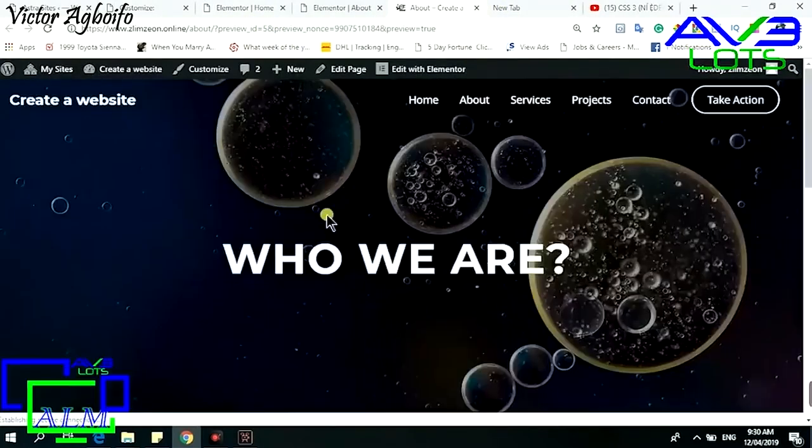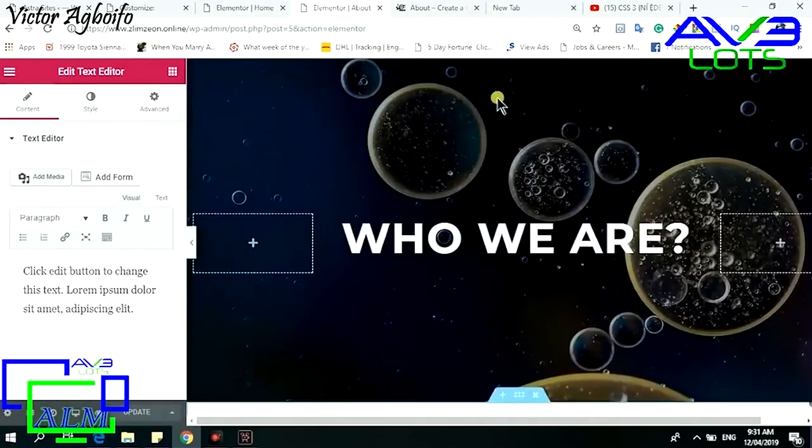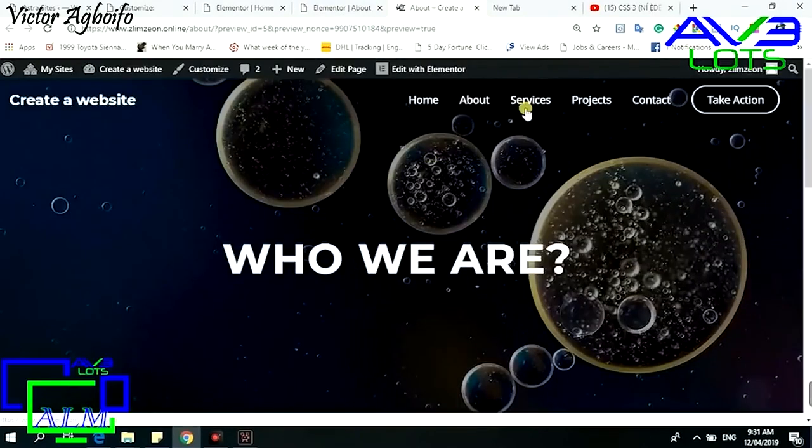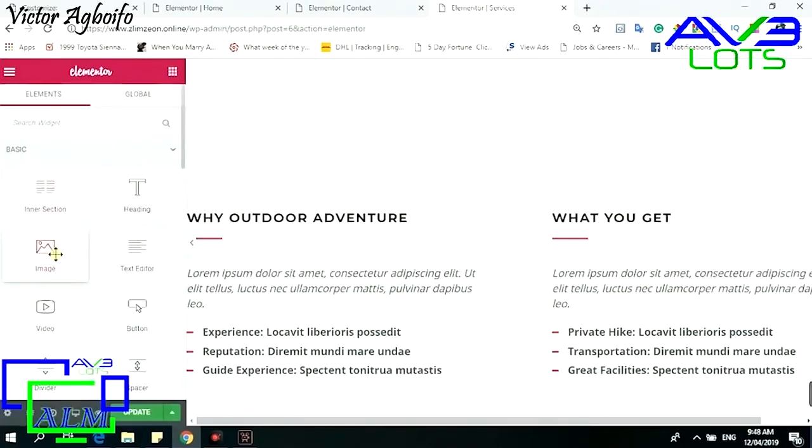This is what it looks like on our website. You can touch some other sections. You can change font color, change fonts. Now let's go to the services page. On the services page, I don't really want to do much with the background. Let's just do some editing